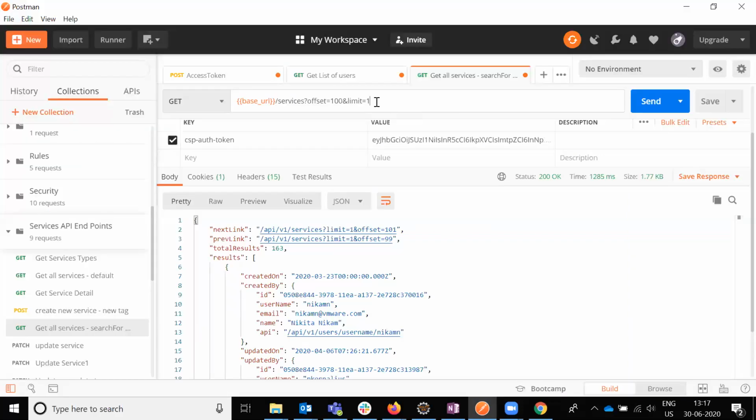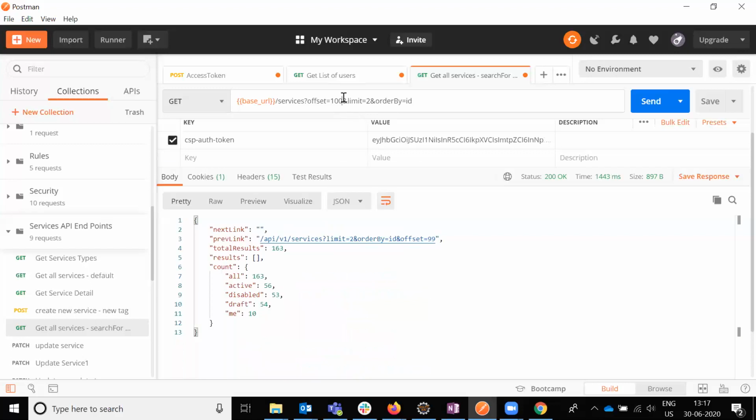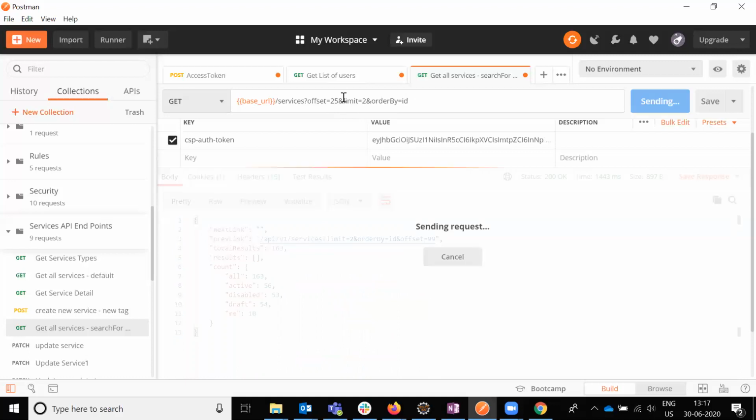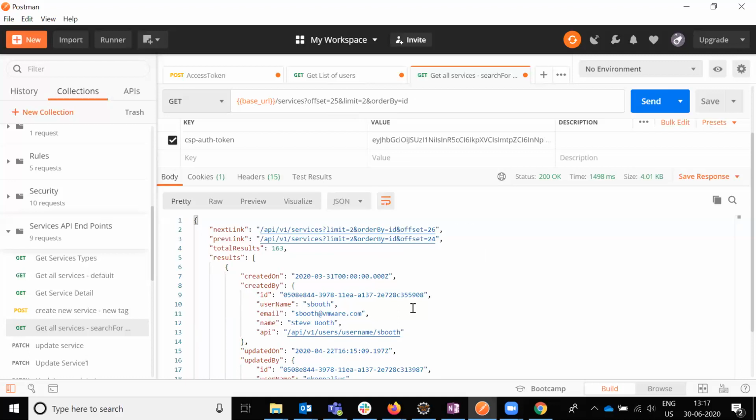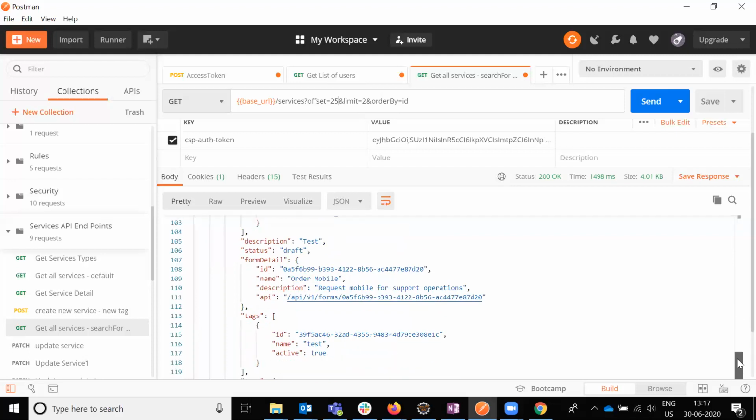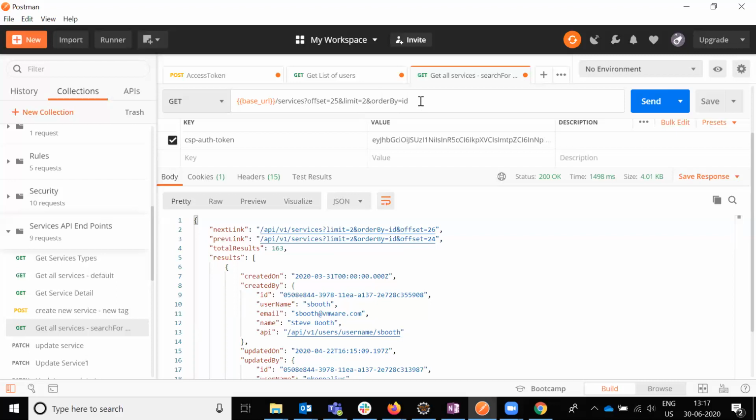Finally, we go for order by equal to id. If you see order by, there is no value, right? Now we'll choose limit 25. Two values are displaying. In these two values I am going to order by id, or you can use the name.